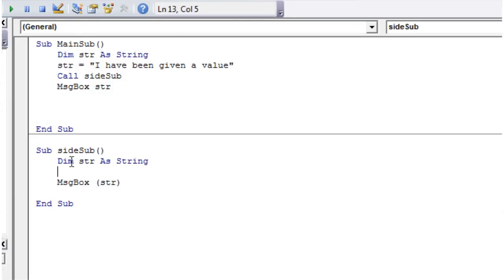So they're essentially two different strings. We might as well have called them different names, because within memory they're stored in separate places since they've both got different scope. Because we haven't given it a value in here, it's just coming through as a blank in the message box. So if we put this string equal to something now, say "I have been given a value